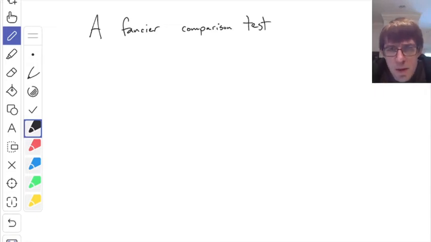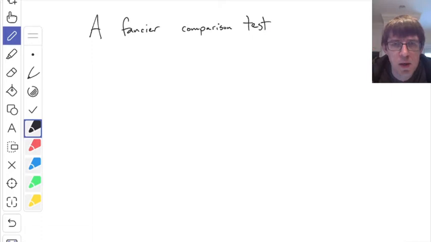This one is fancier in that it's a little more complicated, but provided that you understand how to do it, it actually is easier to do using this fancier way. It's slightly more complicated, but you actually don't have to worry so much about which direction the inequality is going, and that's what makes the